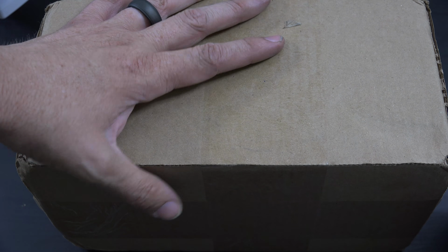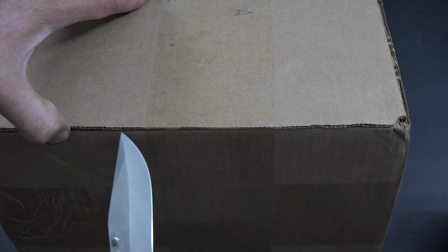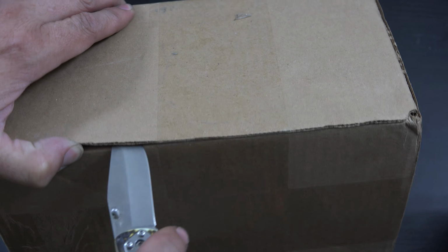I got a notification that I had a package, and you'll have to excuse me. I just got off work. My hands are dirty, and I really want to see what's in here because I truly have no idea what is in here. So this is just an on-the-fly, quick little...